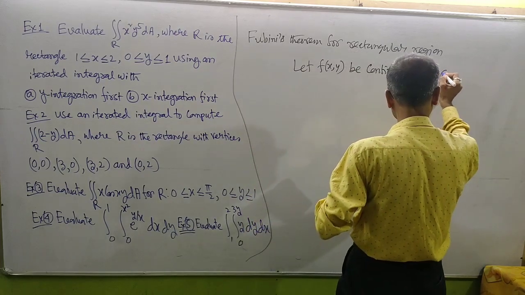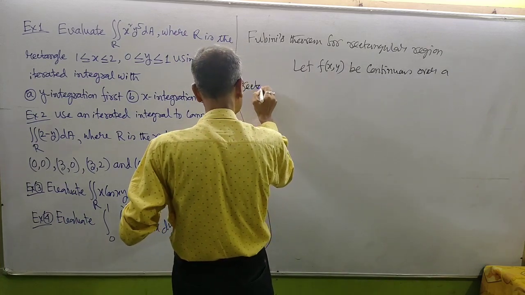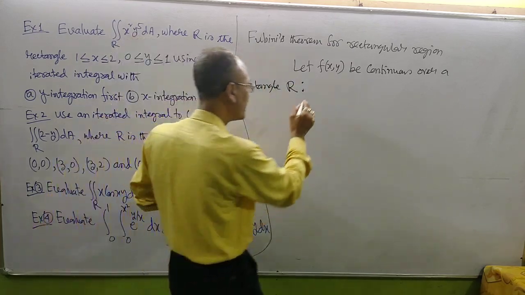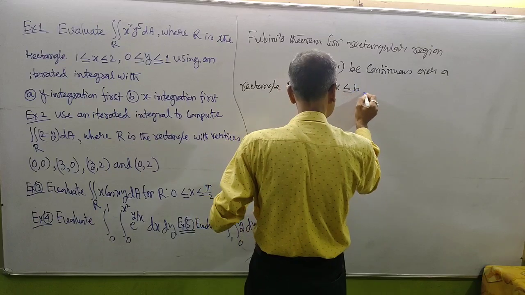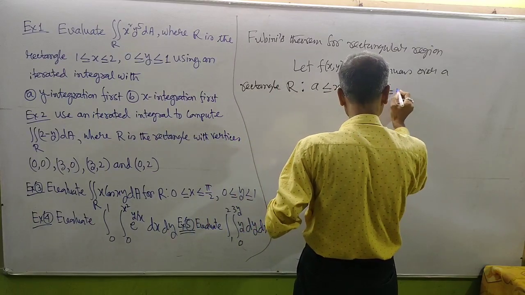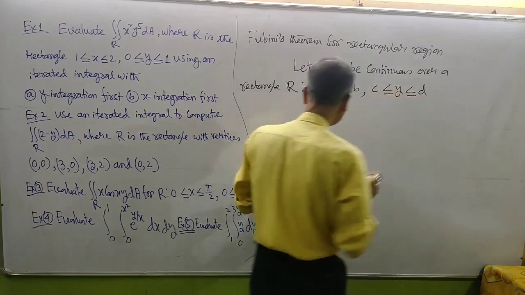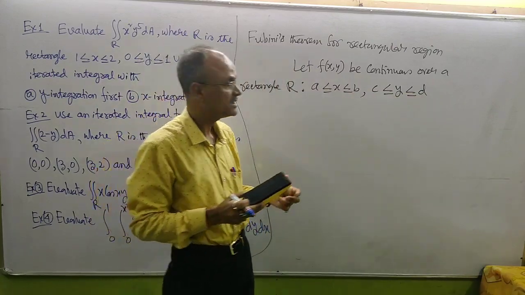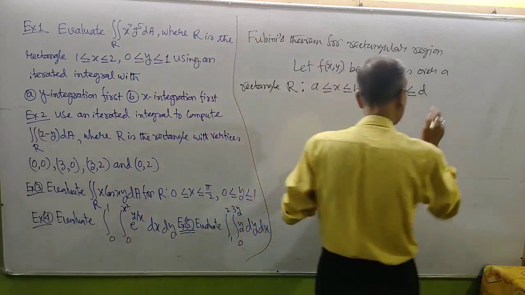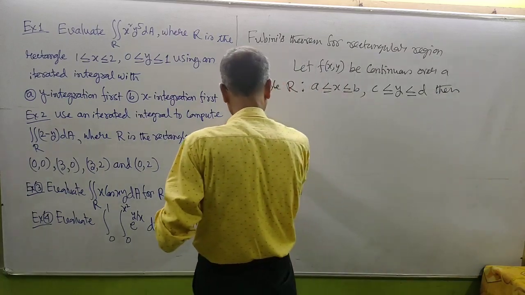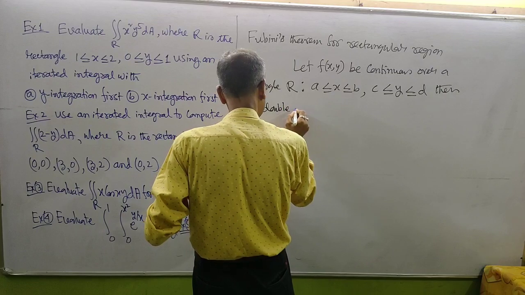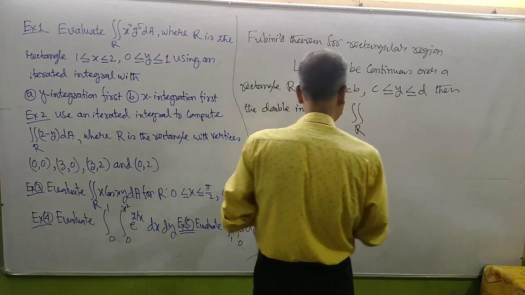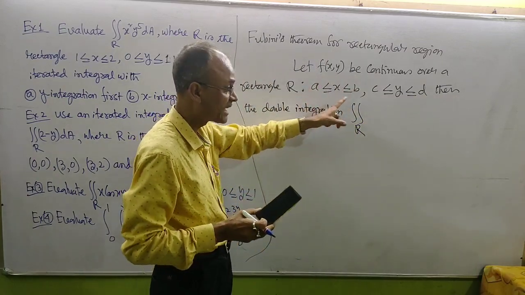Be continuous over a rectangle R, where a is less than or equal to x is less than or equal to b, c is less than or equal to y is less than or equal to d. X lies between a and b, and y lies between c and d. Then the double integration over R, over the rectangular region R,